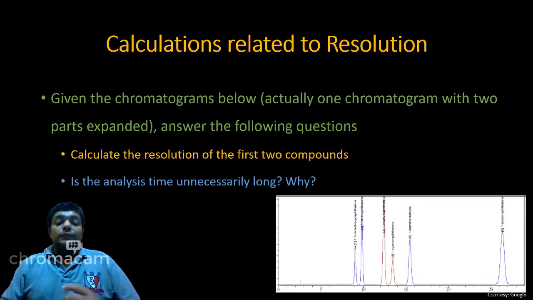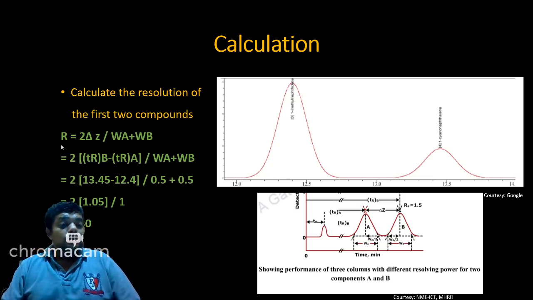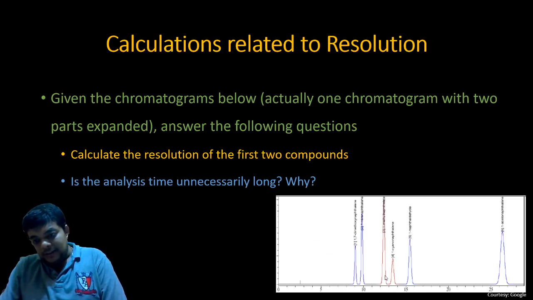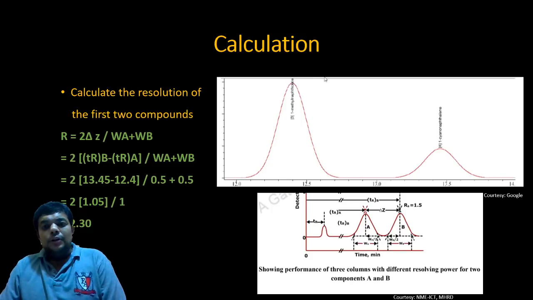Calculate the resolution between the first two compounds. This is the formula for resolution: Resolution is equal to 2 delta Z divided by WA plus WB. Now, delta Z is nothing but the retention time of the second analyte minus the retention time of the first analyte. If you see over here, we are discussing these two red compounds. The retention time is exactly this value, somewhere around 12.4 for compound A, and this value, somewhere around 13.45 for B. So the retention time of B minus that of A is 13.45 minus 12.4, whole divided by this width